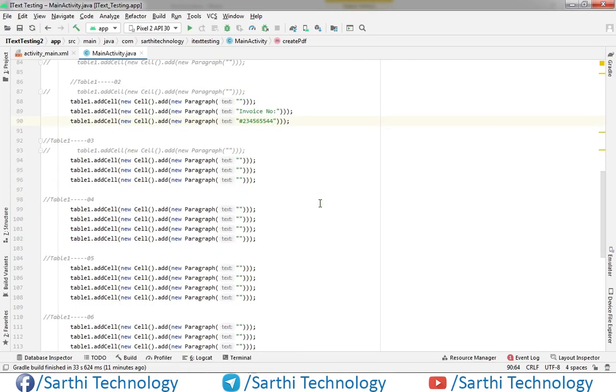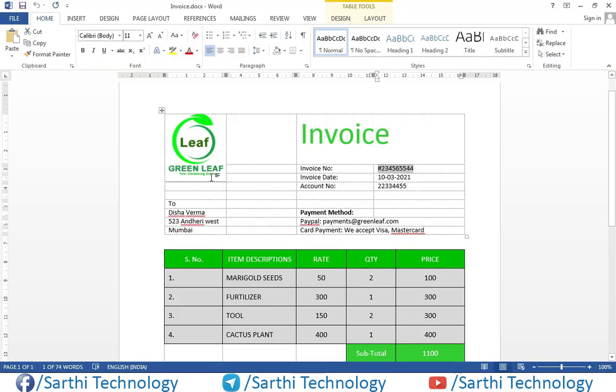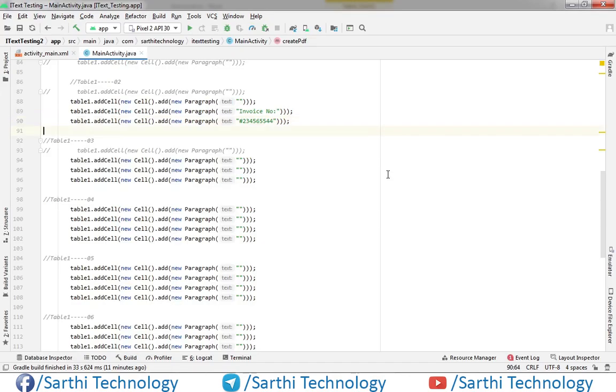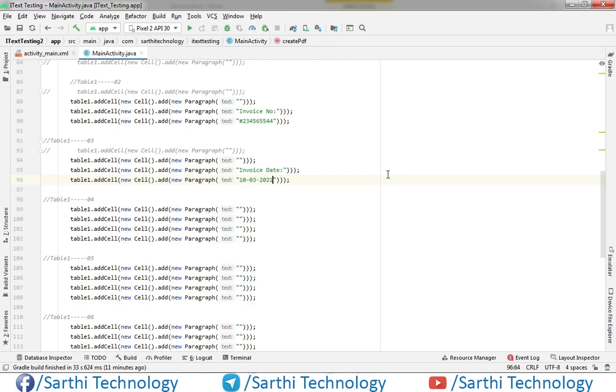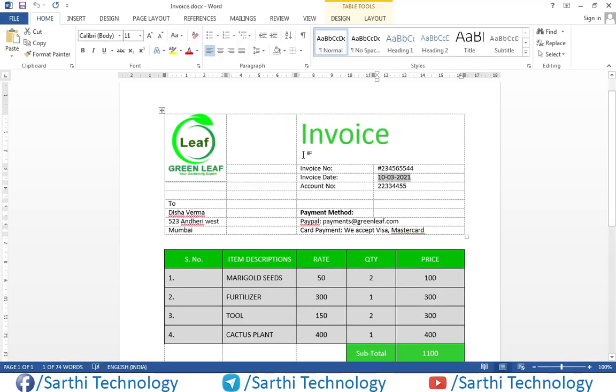Now in the third row, again this is used with this, so second is blank, third has invoice date. Okay, now in the fourth, this is blank, this is blank, and third is the account number.